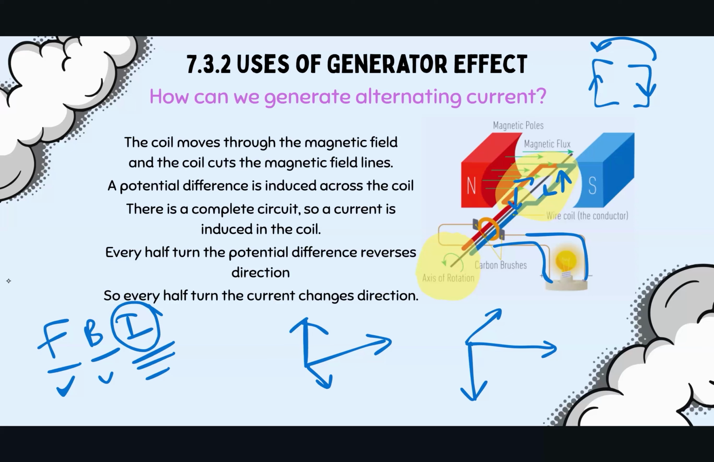So let's quickly summarize it. The coil spins in the magnetic field. What does that do? It cuts the magnetic field lines. The voltage is induced. That makes the current flow. Every half turn, the direction of the voltage, the potential difference, changes. And the result of that is we have an alternating current that's produced. So now let's understand